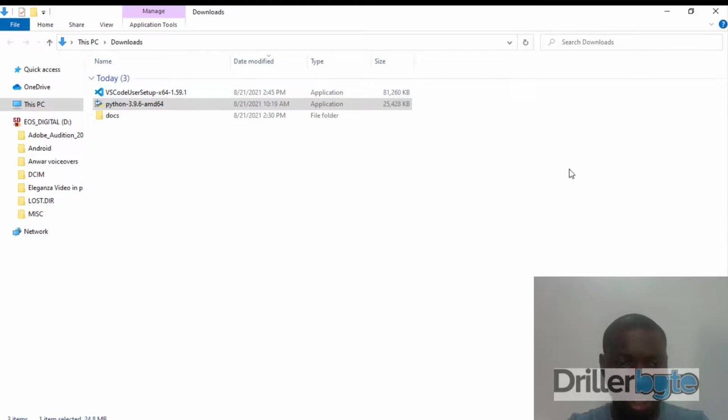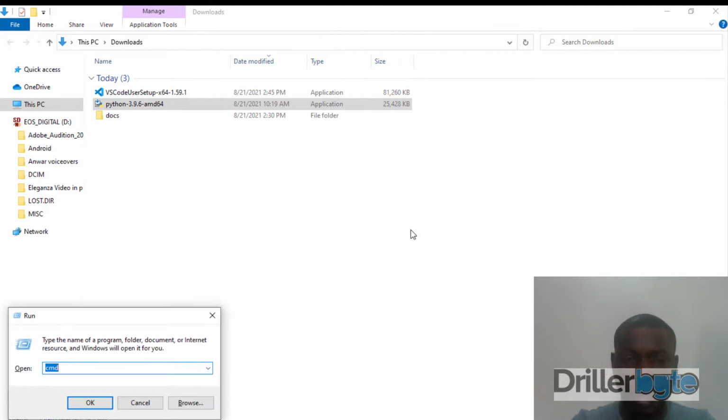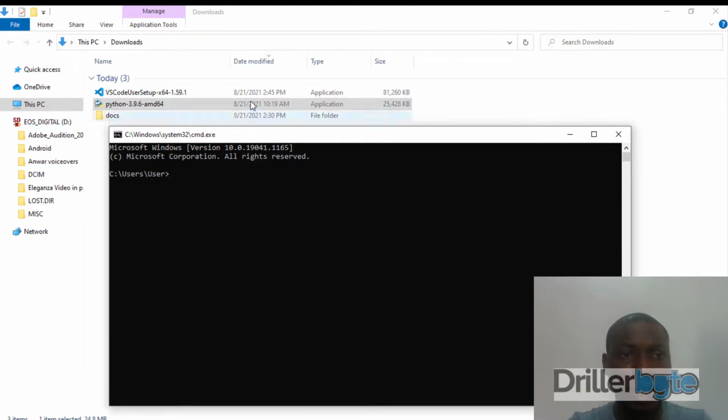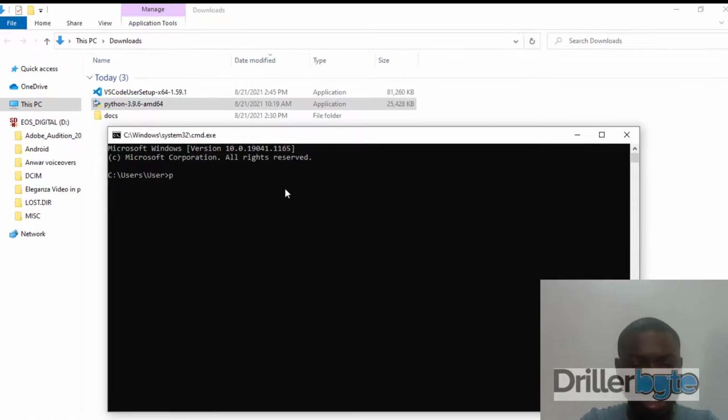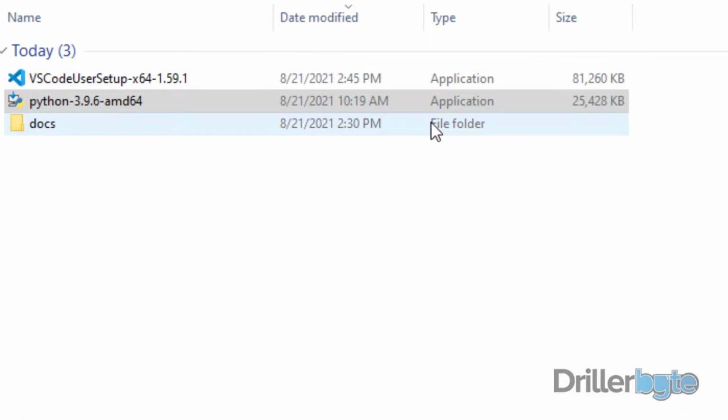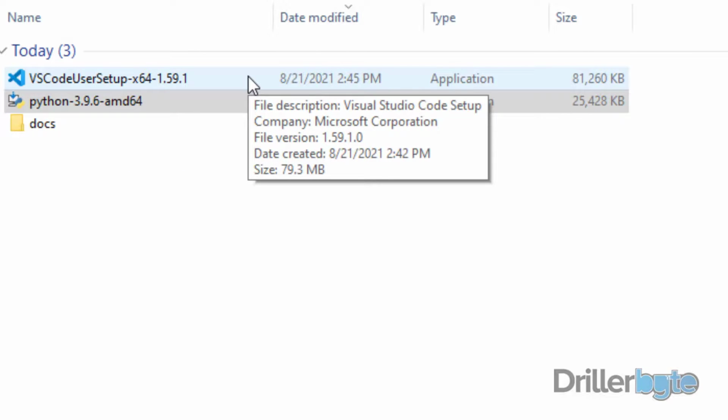Now what I'll do next is fire up my command prompt like this, and then I want to do my check once again. All right, so python dash dash version. So you can see before it said I don't have Python, now it says I have Python 3.9.6 on my Windows machine. Okay, so next I would install the Visual Studio Code which I'll be using to program in Python,